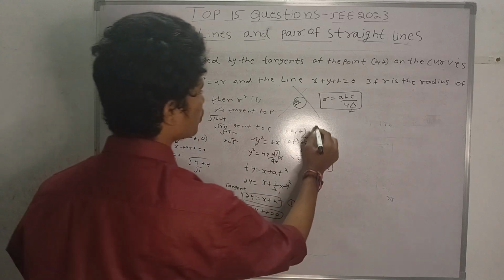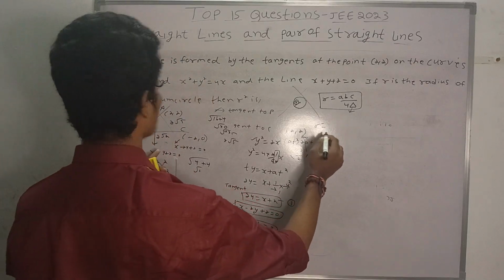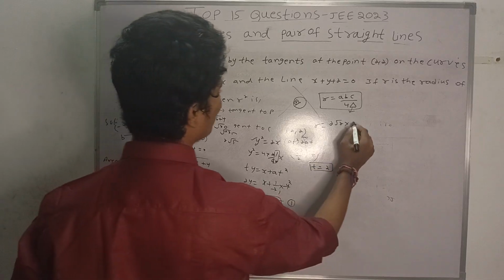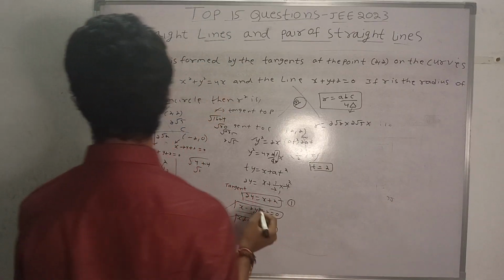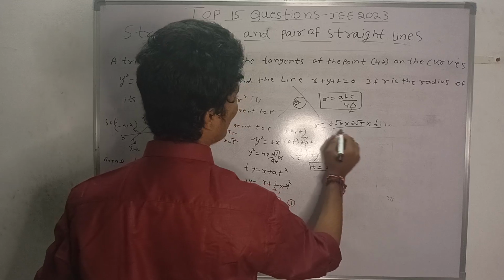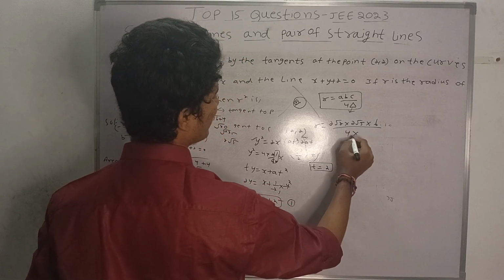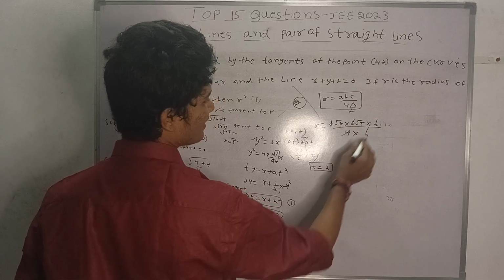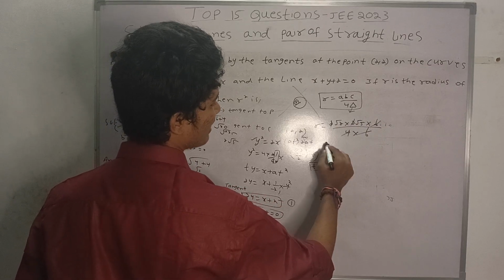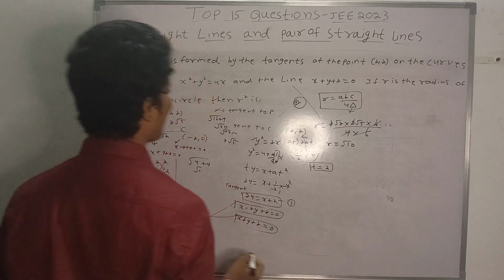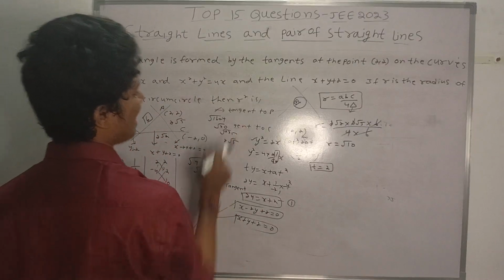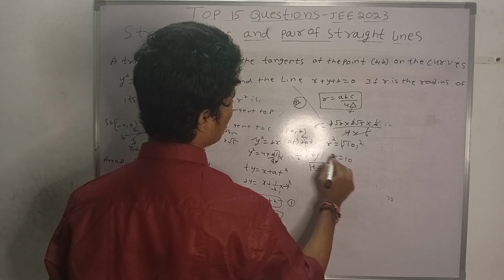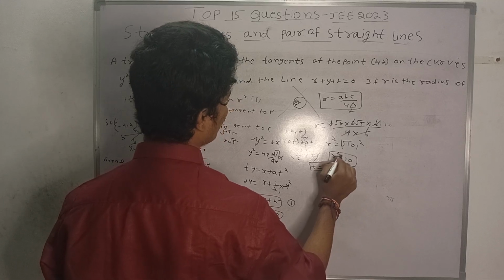So now substitute these things. Small a is 2 root 2, b is 2 root 5, c is 6, and down, that is 4 into delta. Delta is 6 here. So 2, 2, 4 cancel here, 6, 6 cancel here, that is r equal to root 10. But they asked to find r square. So when you square these things, you will get r equal to 10. That is r square equal to 10.